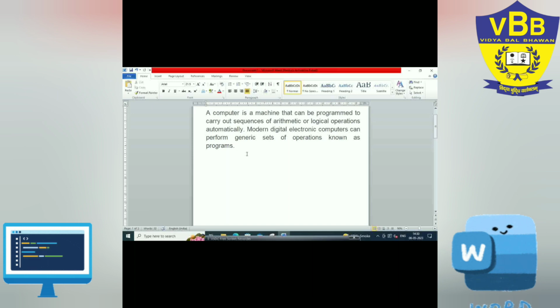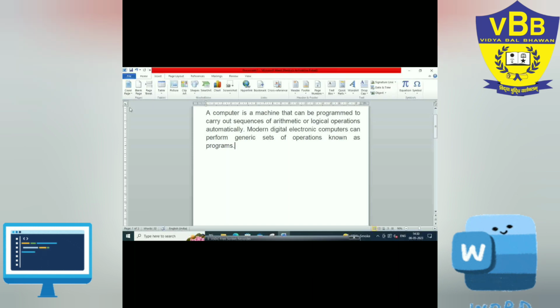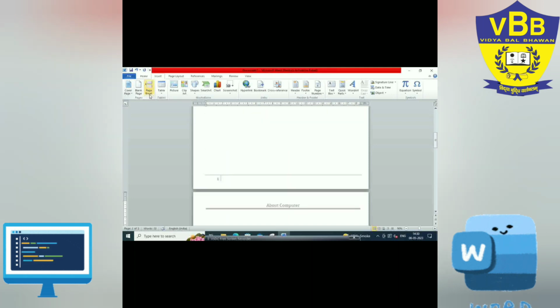We are turning the page, but here we can't turn the page, right? So what we have to do? We have to go to the new page. You can do this by using the enter key as well, but there is one more option to do this task, that is the page break. So here in the insert menu, choose the page break option. Here is the page break option. Once I click here, our cursor will be shifted to the next page. Here you can see we are on the second page. So I hope it is clear how to insert the page break.